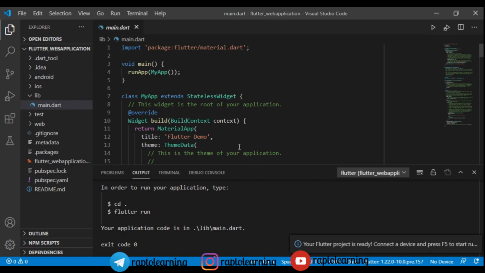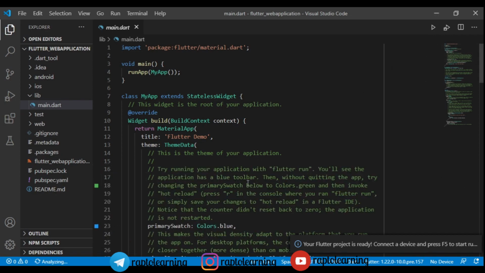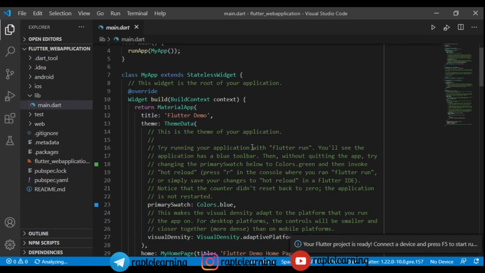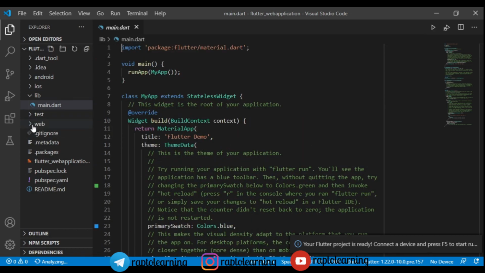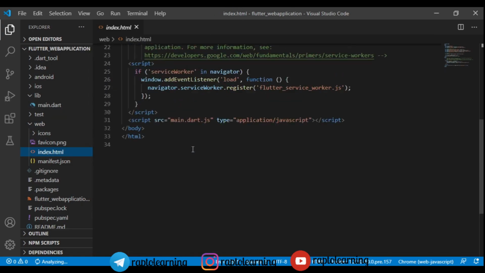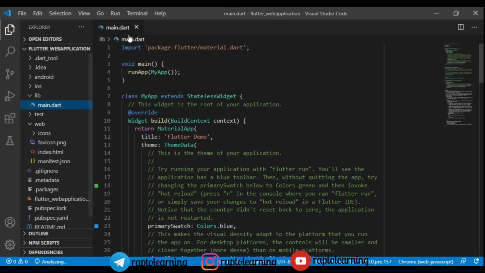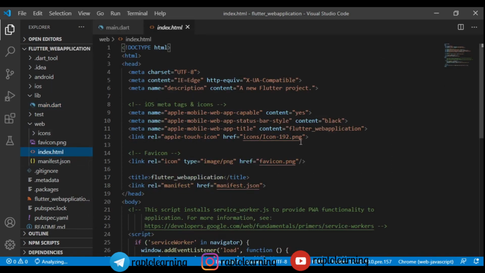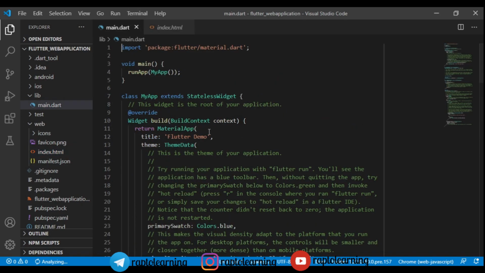Firstly, as I have created one Flutter web application, you will just create that one. This will automatically place a main.dart file in your project. I hope you have also activated web, and make sure this is available in your project. I will also give you the source code of this whole project on GitHub and add the link in the description, so that if anything happens you can refer to that code. So let's start building our web app.